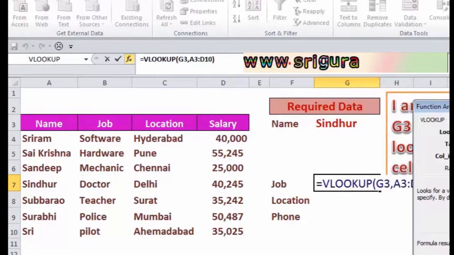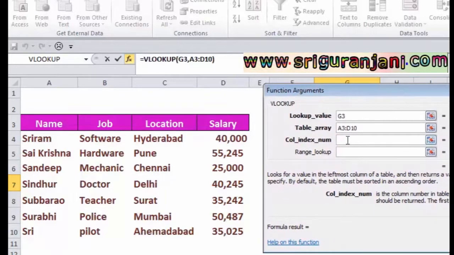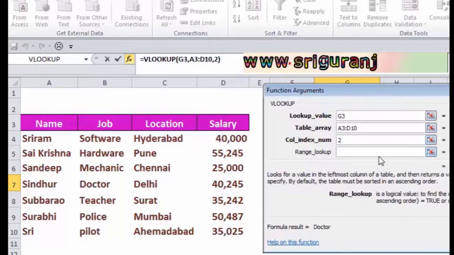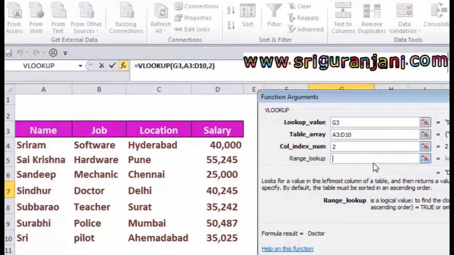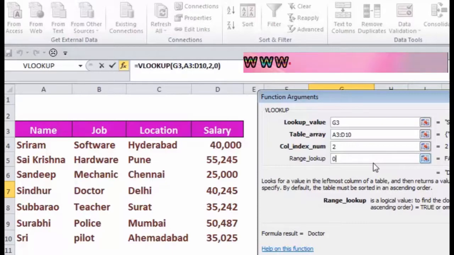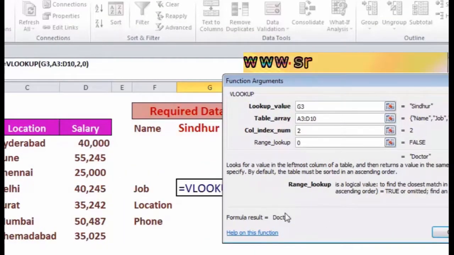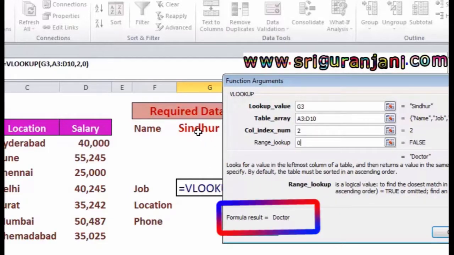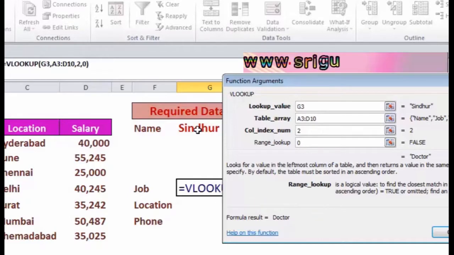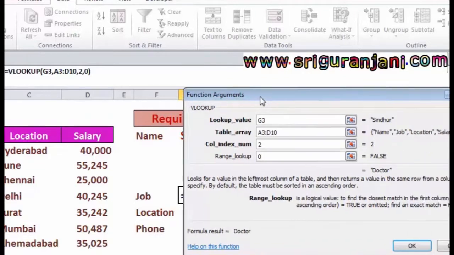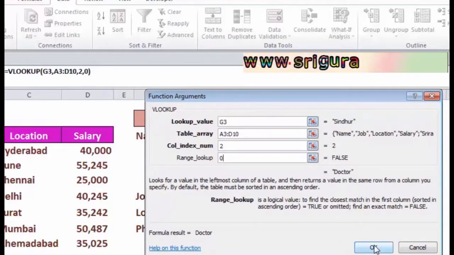For the column index number, as job represents the second column, I am assigning 2. And for range lookup, I need the appropriate value, hence assigned 0. The result displayed here is whatever value we referred to in the G3 field. Now click on OK. Now we can cross check the result with the existing table.